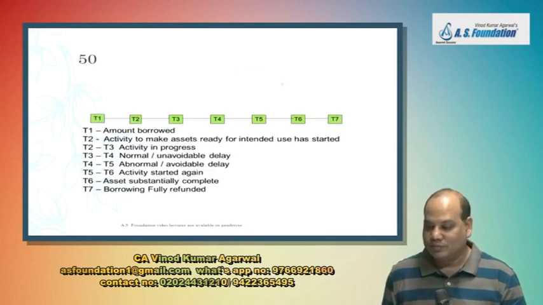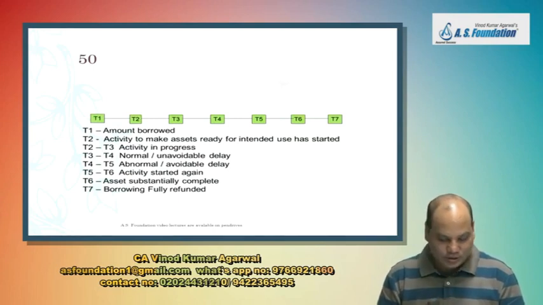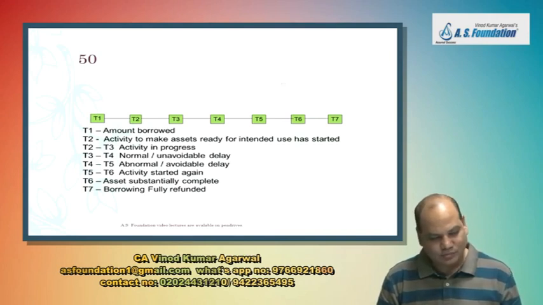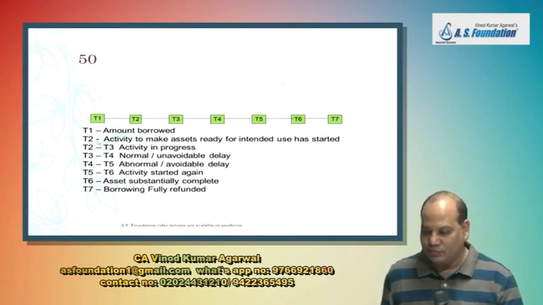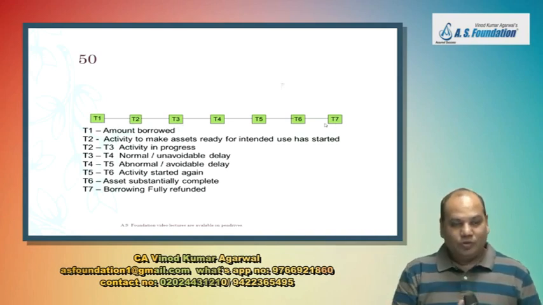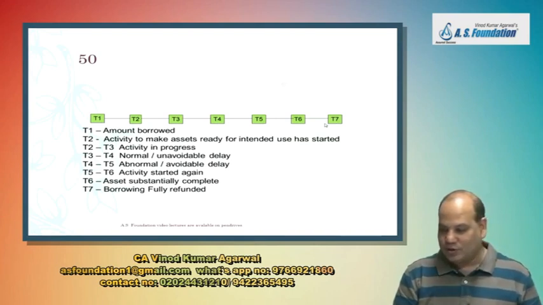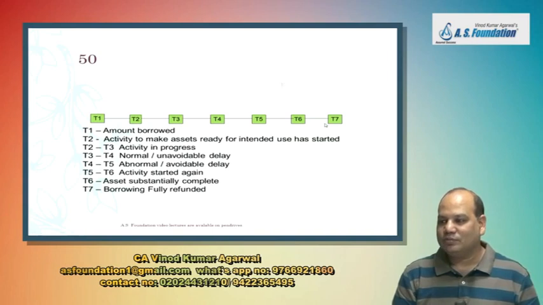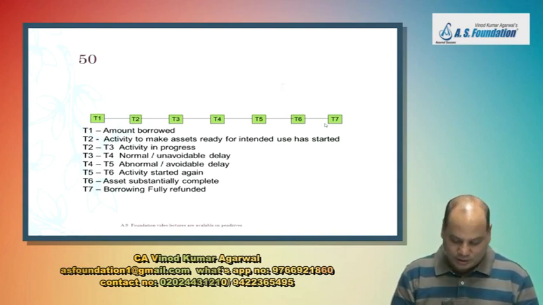Now again, if you give the right answer, the computer will clap for you. So there is a question. First you draw this diagram, and then I'm going to ask you, between this period what is the treatment of borrowing cost? So in that space you first draw this diagram. These are the 7 time periods. So draw quickly. This in one line gives you the shortest summary of IAS 23.